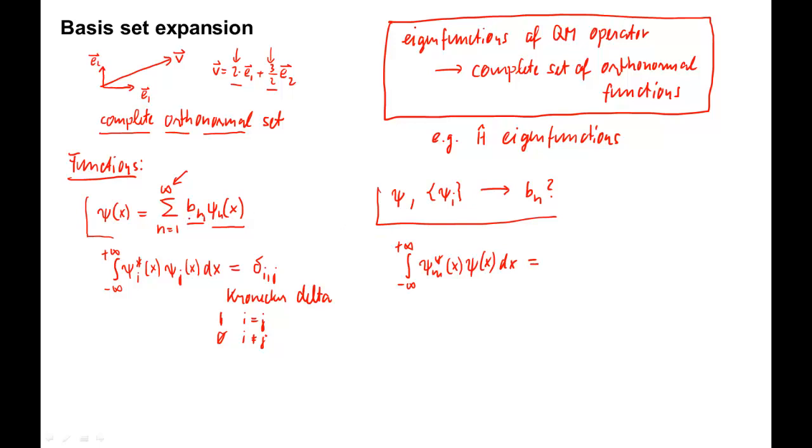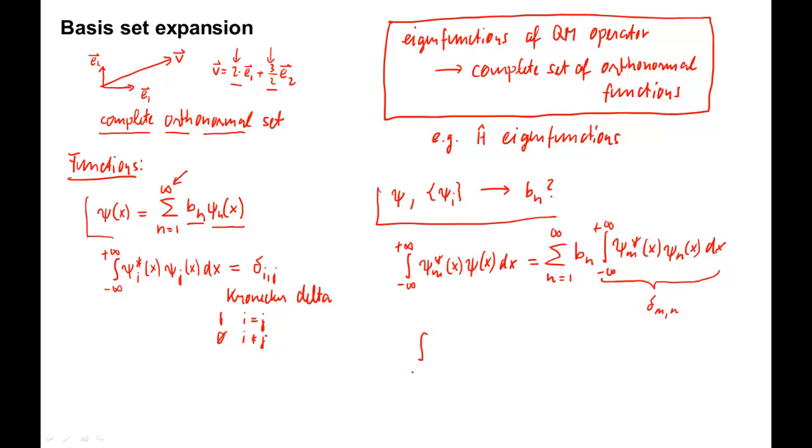equals, and now comes the right-hand side, sum over n equals 1 to infinity of bn times the integral over all space of psi m star of x times psi n of x dx. The integral on the right-hand side simplifies to delta mn. It equals 1 if m equals n, and it is 0 otherwise. Therefore, all terms are 0 except the one where m equals n, and we get,